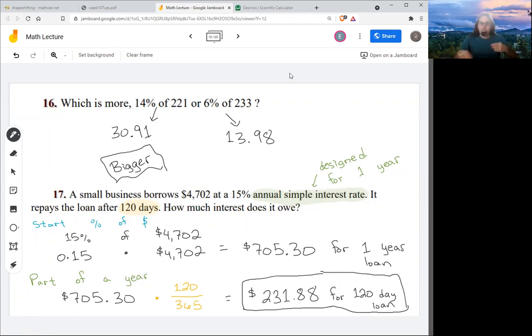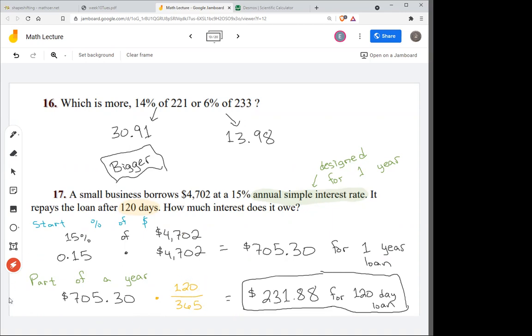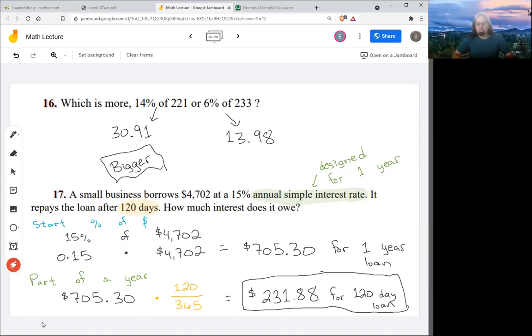If this was compound interest, it would behave differently. You would have something like a credit card statement where you would find how much interest there is each month, and it would build on itself and get complicated. That's more than we're doing in level C. But this isn't bad. This is just multiply by a fraction. It's always something over 365 based on how many days this is. And there are still plenty of payday loan stores that do this, so it's not terribly impractical.